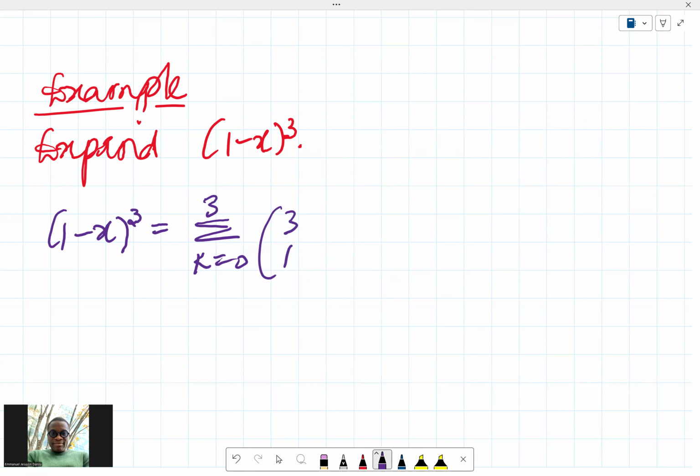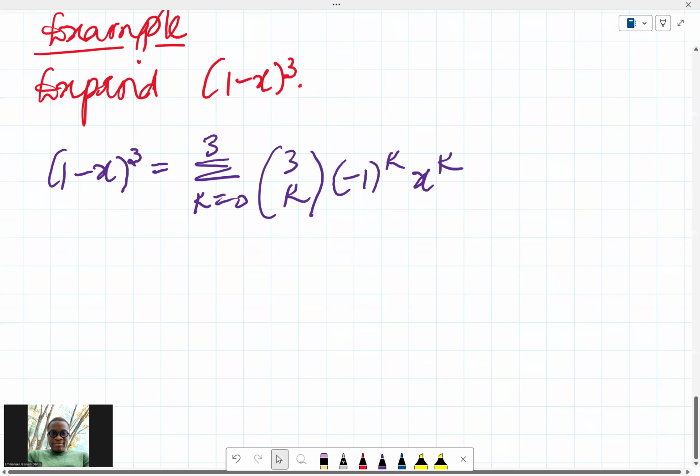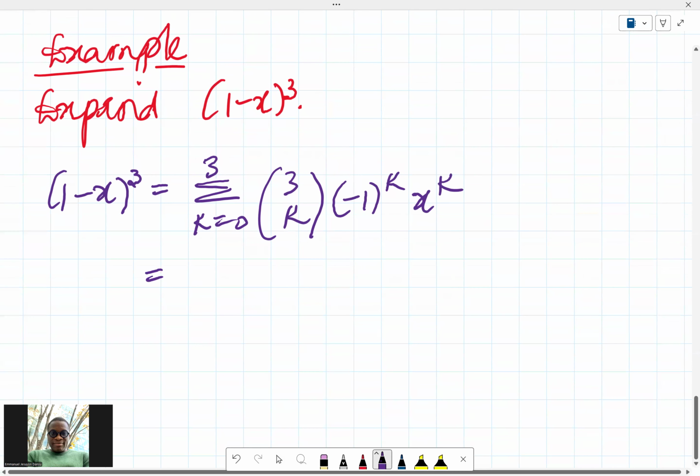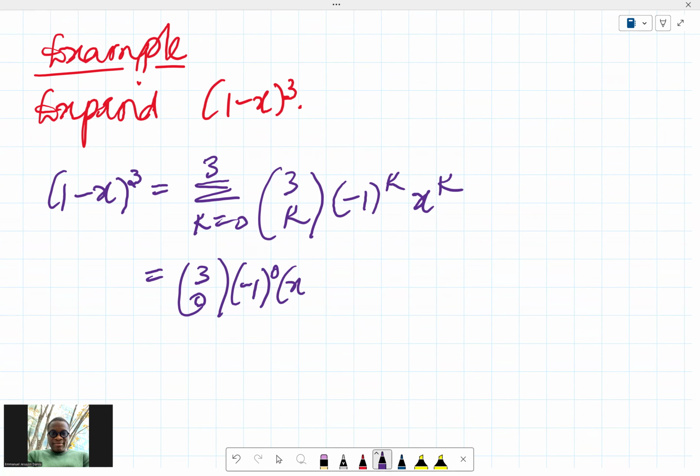Then you have 3 combination k, then minus 1 raised to power k, then x raised to power k itself, so that you now have 3 combination 0 minus 1 raised to power 0 x raised to power 0